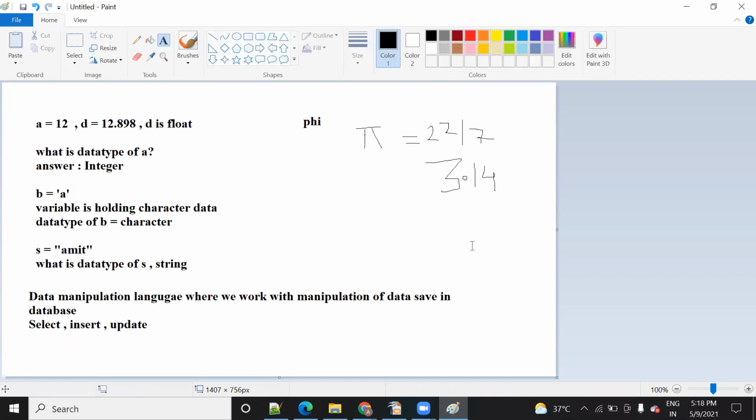Sir, can you say the data manipulation again? Yes. Data manipulation means where we modify the data of the database, where we modify the table. For example, suppose